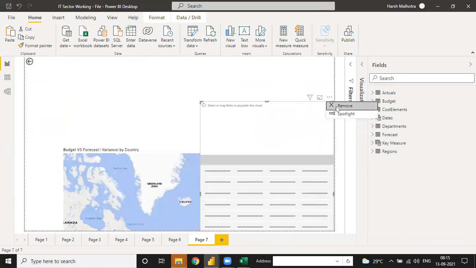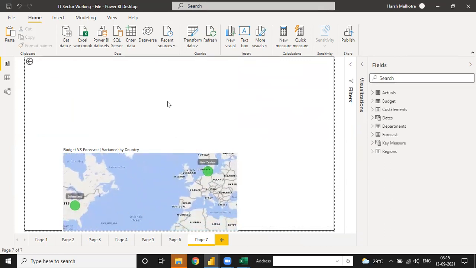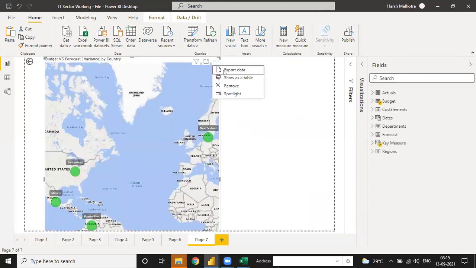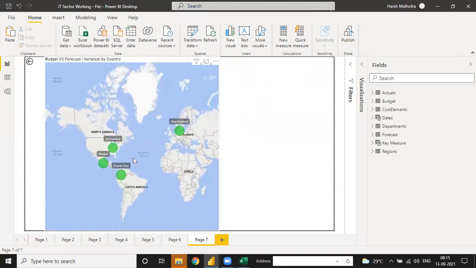अब जैसे मैं इस टेबल को अभी रिमूव करना है, तो मैं उसको यहाँ से रिमूव करूँगा। और जब आपने कोई भी चीज़ को रिमूव करना, आप उसको करेक्ट रिमूव करेंगे तभी वो फाइनलाइज होगी। जैसे मैं इसको यहाँ से रिमूव करूँगा तभी वो जाएगा, अदरवाइज वो शो करेगा, ठीक है। तो अब देखो यहाँ पे आपको दिखा रहा है बजटेड वर्सेस फोरकास्ट वेरिएंस बाय कंट्री एज वेल।